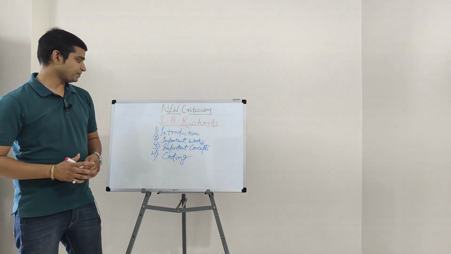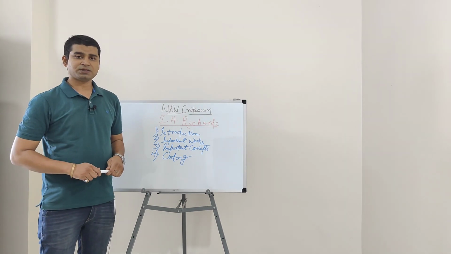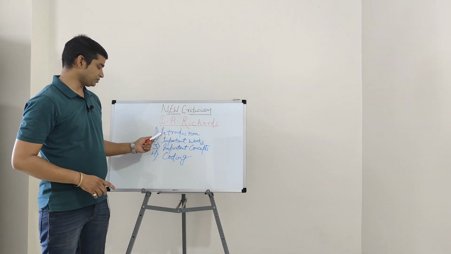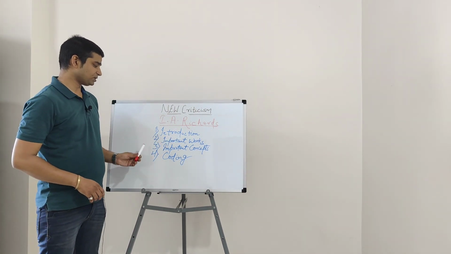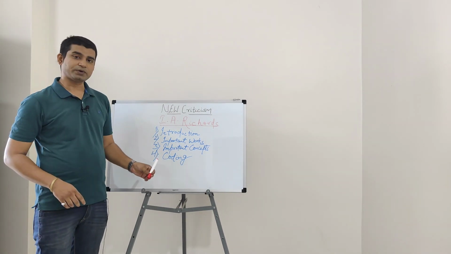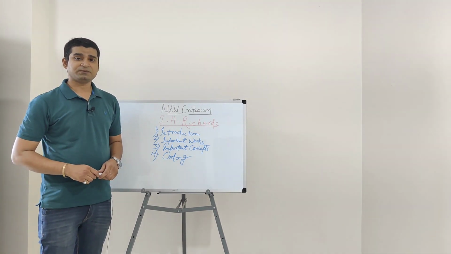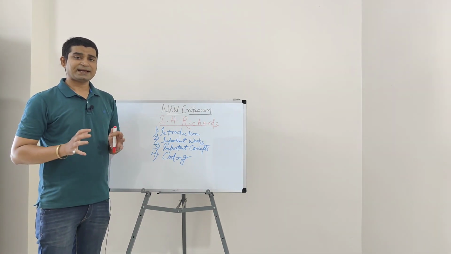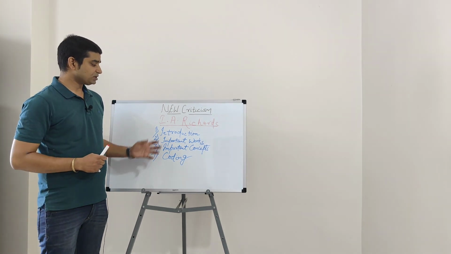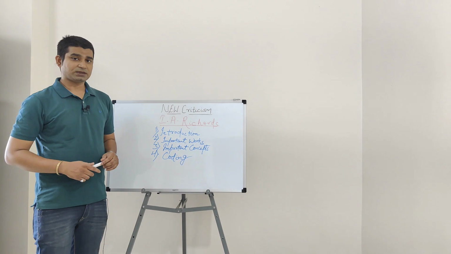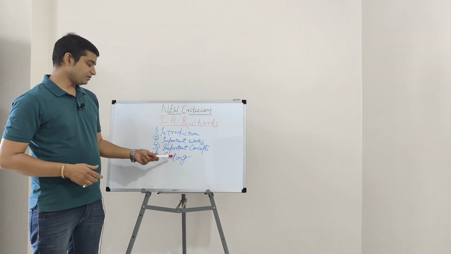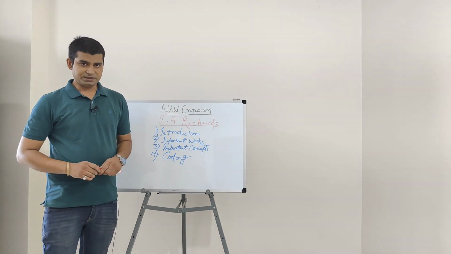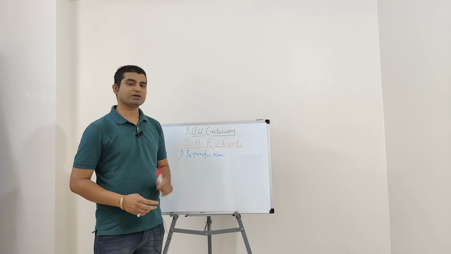Let's directly dive into the topic I.A. Richards. For the better understanding of the topic, I have divided it into 4 parts. Number 1 is introduction, number 2 is important works, number 3 is important concepts, and number 4 is coding. As I have already mentioned in my previous videos, at the end of the video I will be providing you with the coding, and that coding will help you to memorize the important works of that particular writer. So at the end of this topic I will give you the coding and you can easily remember the names of the important works of I.A. Richards. So now let's begin the topic with the introduction.